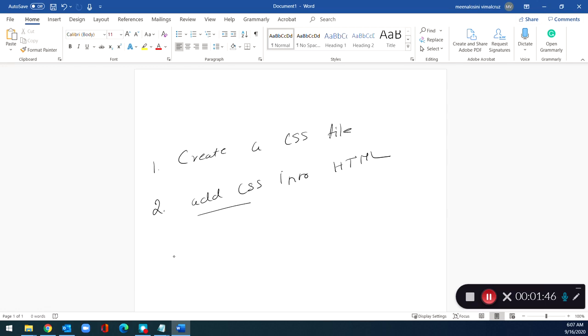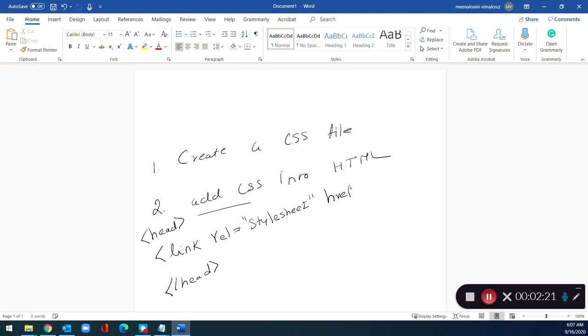As I have explained in the lecture, you have to use the link tag in the head section of your HTML page, where we add the title. You have to add link, and then the rel attribute, and then add the value stylesheet,